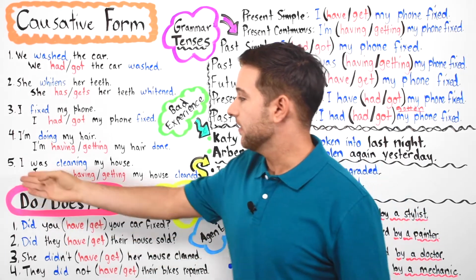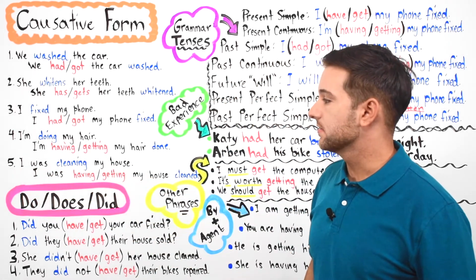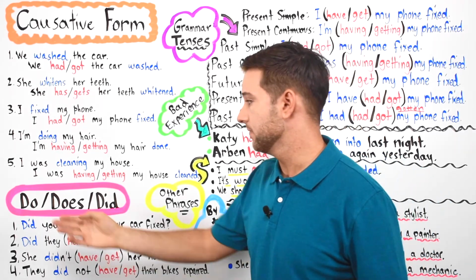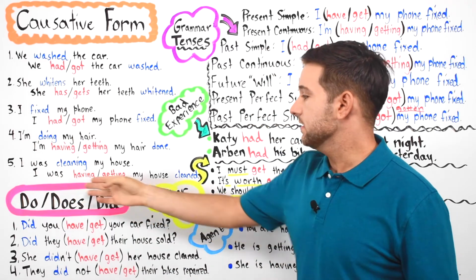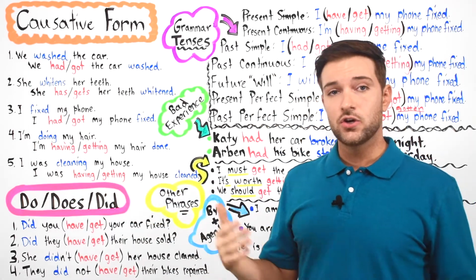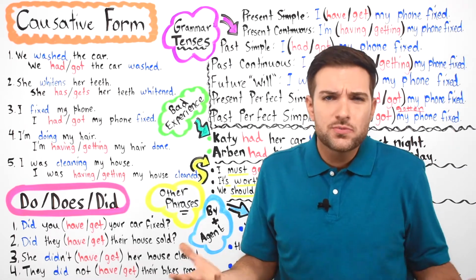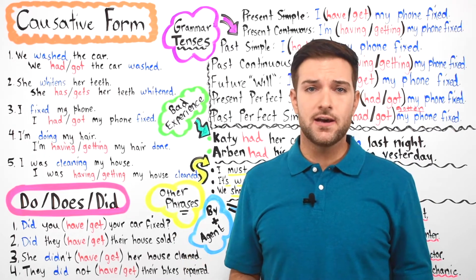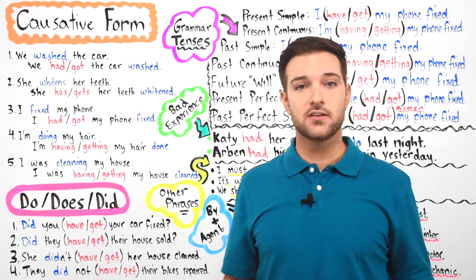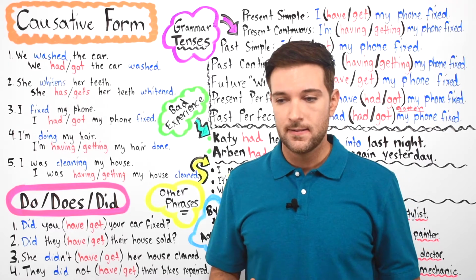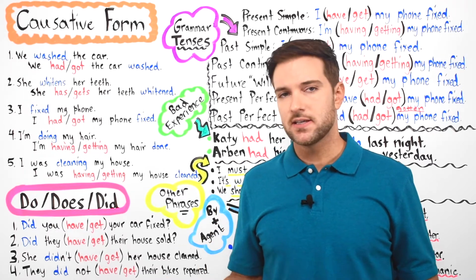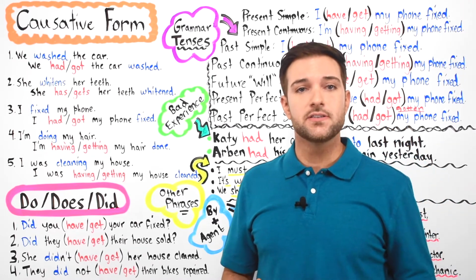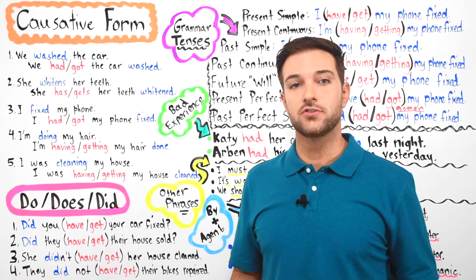So let's go to number 5. It says, I was cleaning my house. I was cleaning my house, not somebody else. I was doing it. I was having my house cleaned, or I was getting my house cleaned. Again, somebody else is performing the action. Who is performing the action? We don't know. Maybe it's a maid. Maybe you have a really big house and you have a janitor. Okay, a janitor is a hired professional who is usually hired to clean places like schools or libraries or courthouses or different buildings. Okay, they're called janitors.